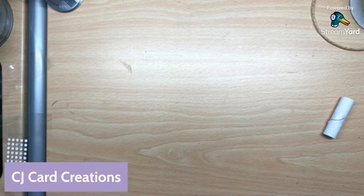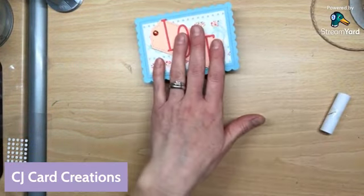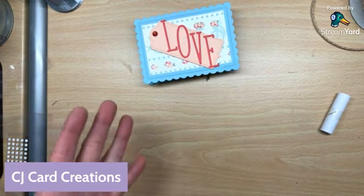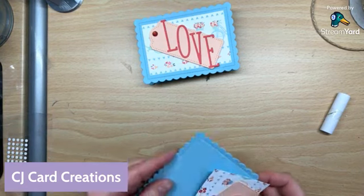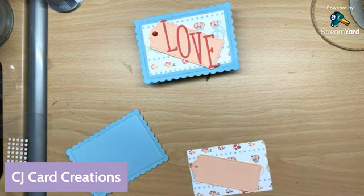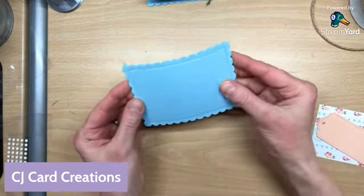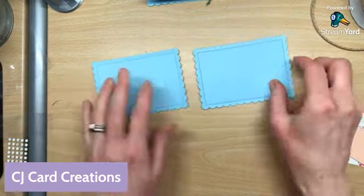So on to our next project, we have this adorable little box. So this was the box design from Rhonda Wade. I did her creative convention last weekend. And so I thought that I could use it for something a little bit different. So here we are. All right, so I cut 2 scalloped rectangles from balmy blue cardstock